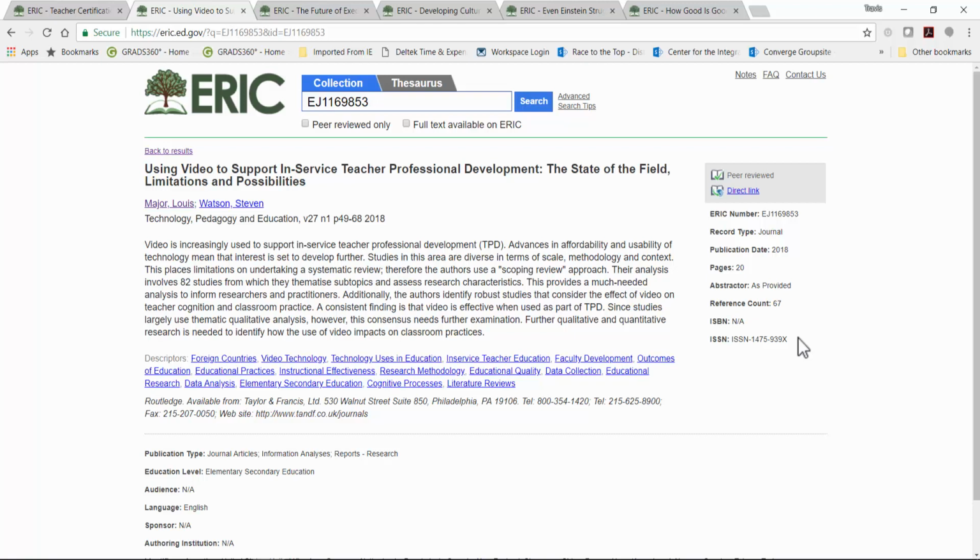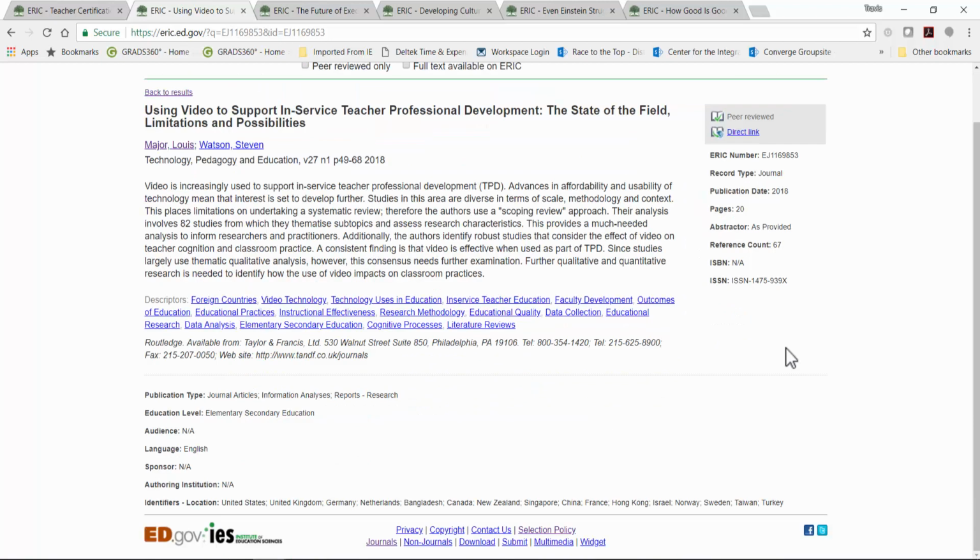Now we're going to switch over here to the bottom and go to the language field. This field always defaults to English because ERIC is an English language database. Additional languages are only indicated if they were provided in addition to the English content, such as sometimes there is a side-by-side translation that appears. The ERIC selection policy specifies that English presented in materials must conform to standards of English grammar and to standards of understandability for any reader.